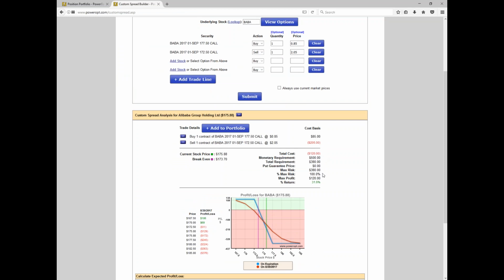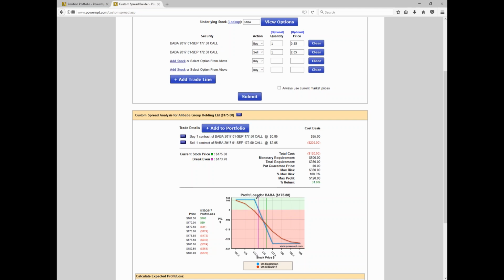So $1.20 net credit, high potential return, but Alibaba's at 175-ish, 176. My sentiment has changed. I opened a bear call credit spread, but the stock actually moved up. It's now trading between my strike prices. I could close this position and open a bull put spread now, maybe at the 172.5, 170 or something along those lines. But rather than closing this whole spread, paying the commissions to close the spread, and then paying commissions to open a new spread,